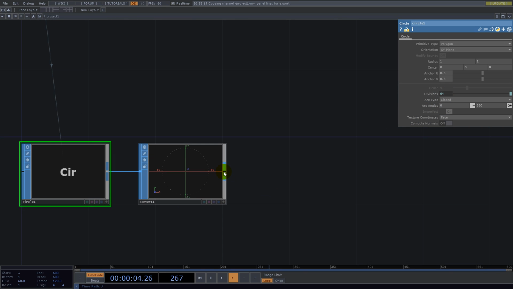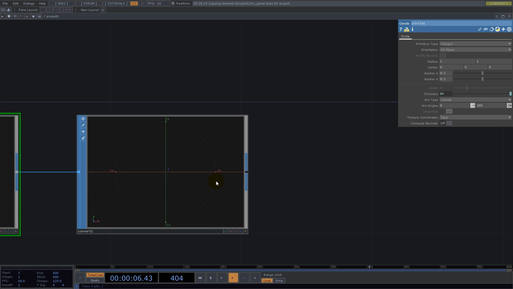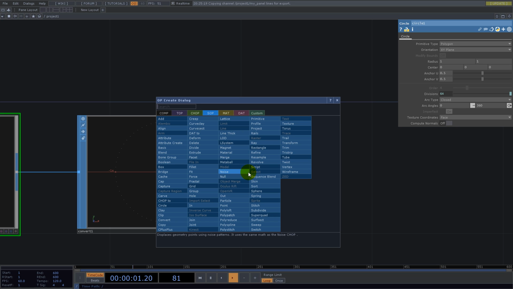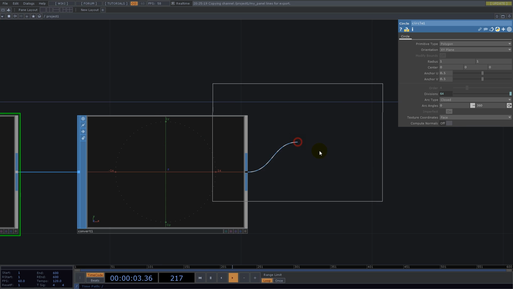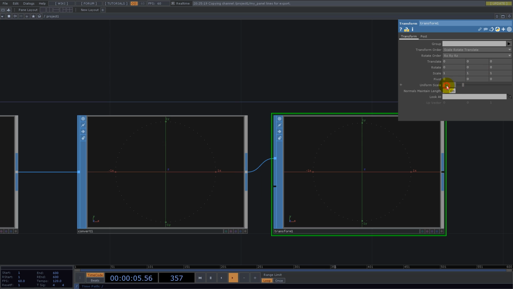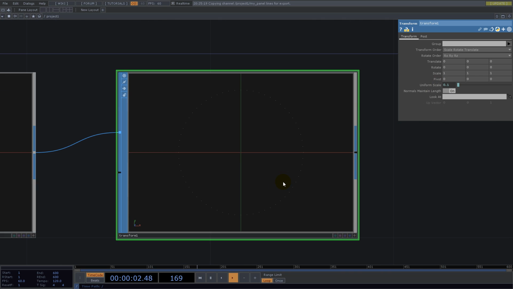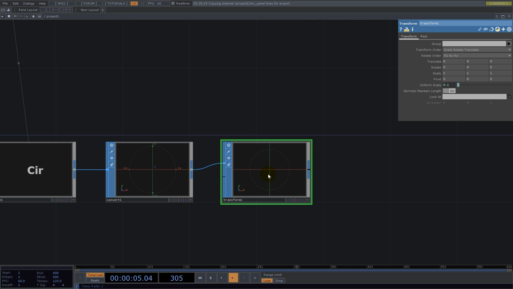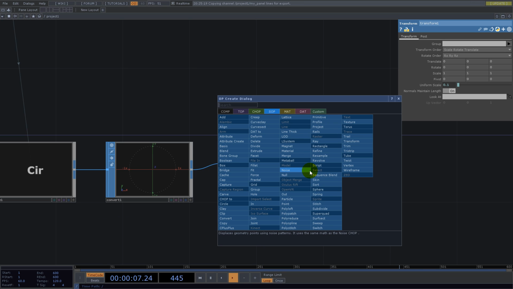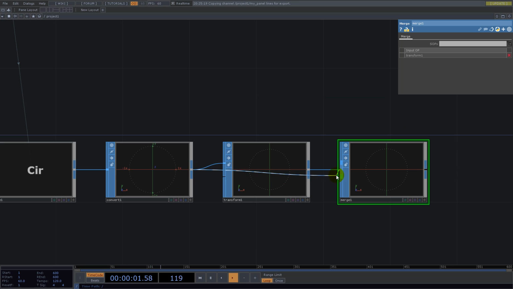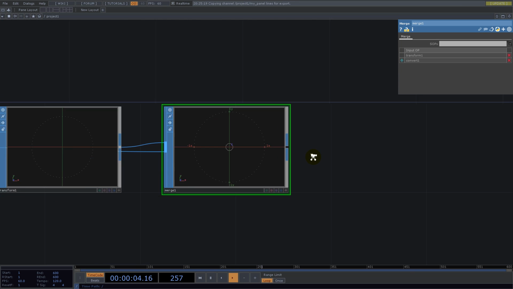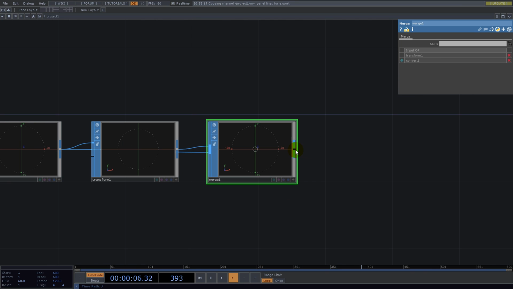Let this be the outer circle, and we use transform SOP, and 1 divided by 10, and this one is the inner circle. And now merge. Okay, and we put a null here,